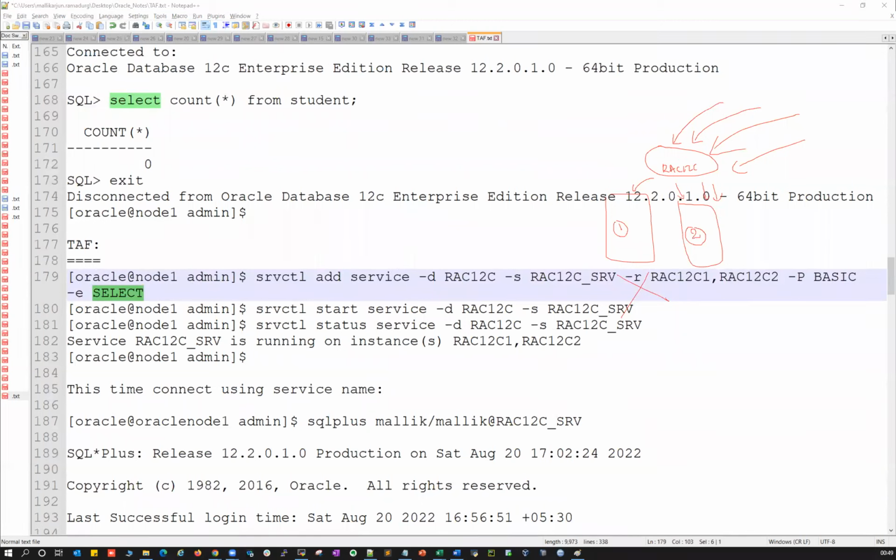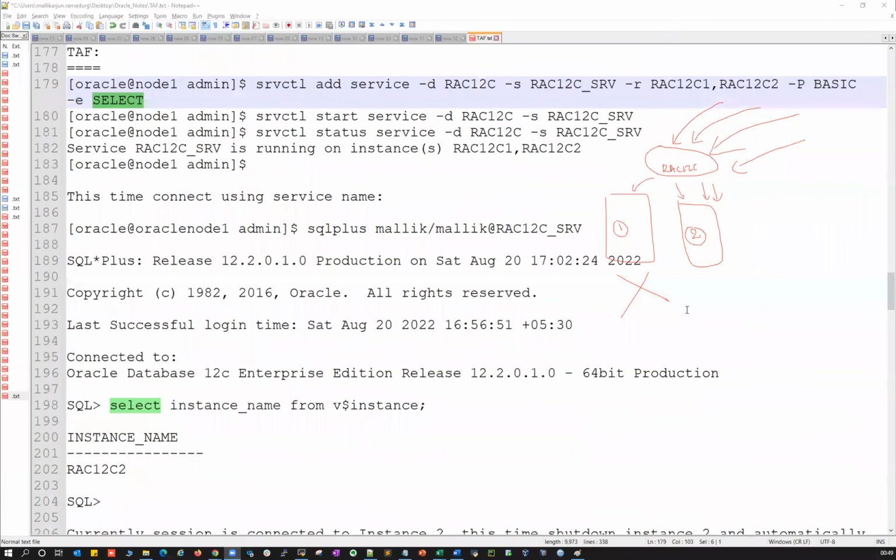In RAC, we support two kinds of failover. One is a session failover and the other one is a select failover. With -e, you can mention either select or session, whatever you want. So if 10 users are connected here, and those users are doing some insert, update, delete, and then you make a failover,